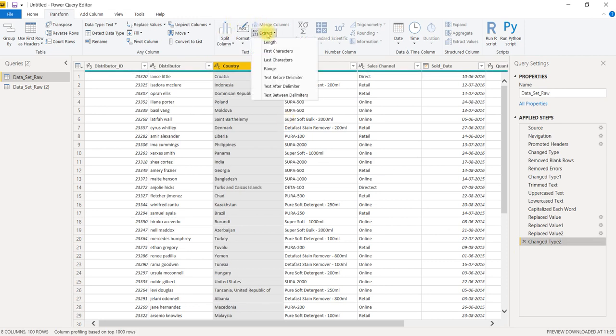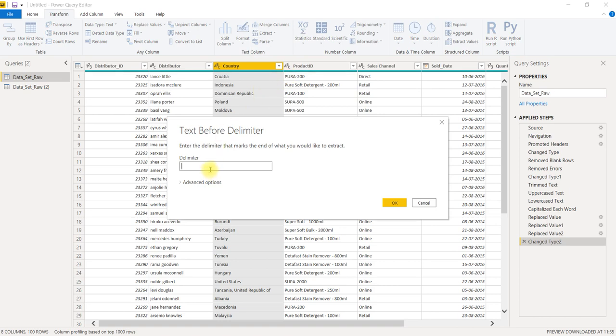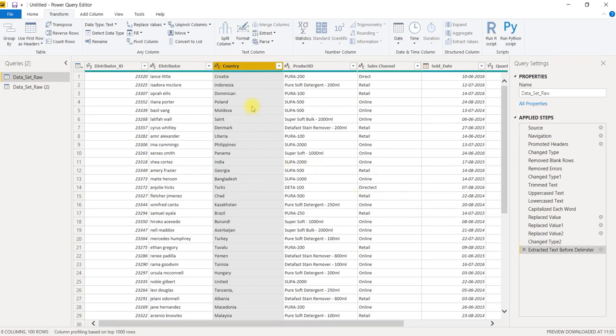Similarly, you can use text before delimiter. If you have a space, you can say text before delimiter, that is a space. Wherever there is a space, after the space everything will be deleted.